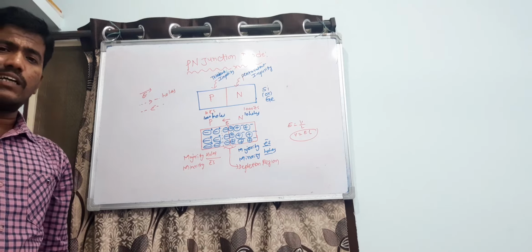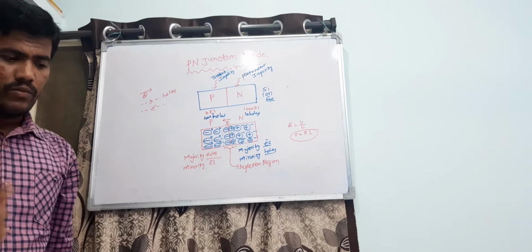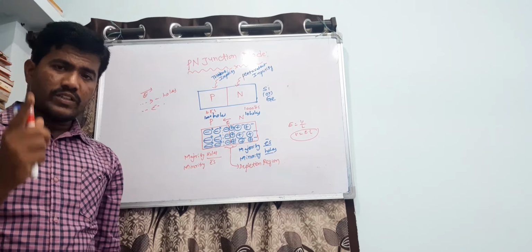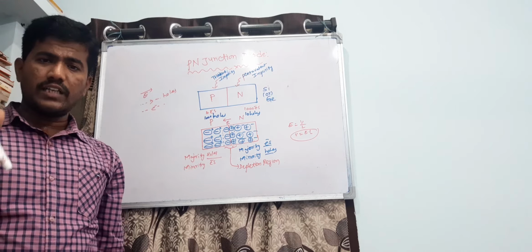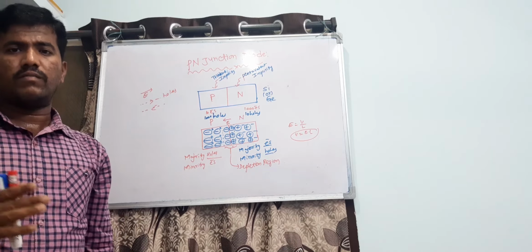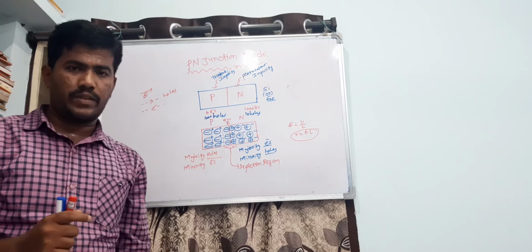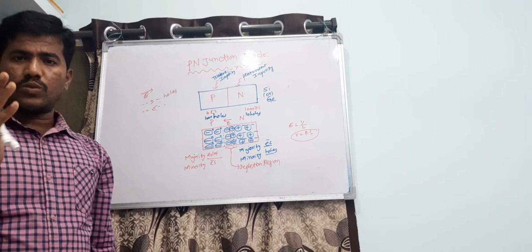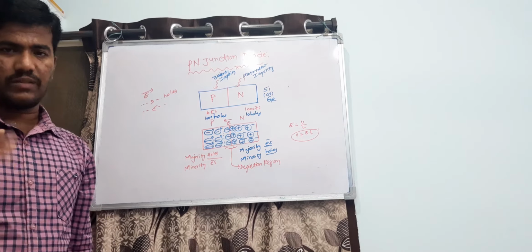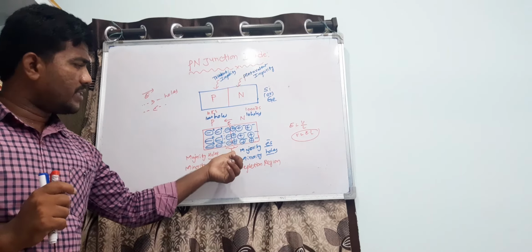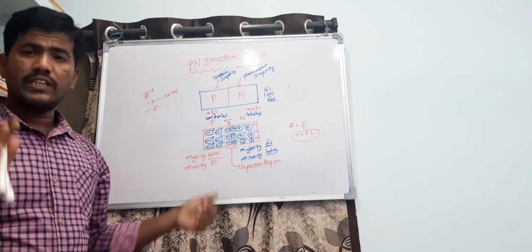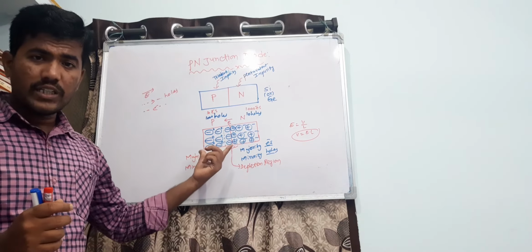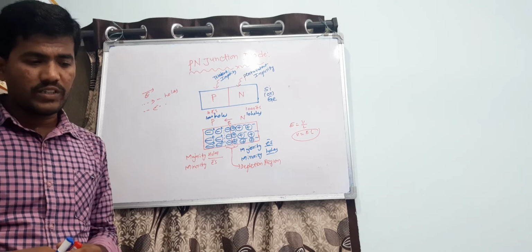While we were discussing drift and diffusion current, we have seen that drift current is a current flowing through the device when we apply some external voltage. Whereas in the diffusion current, due to concentration gradient, if current flows through the device, that is said to be diffusion current. Here, after formation of the electric field, some current is flowing. That current is said to be drift current. And before recombination, some current is flowing through the diode. That current is said to be diffusion current.